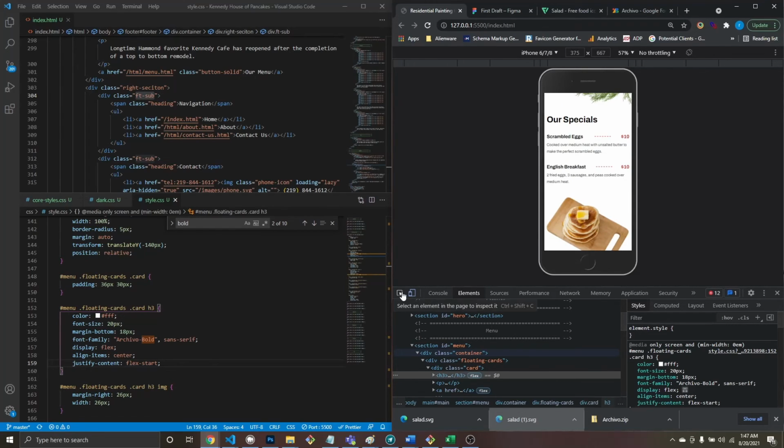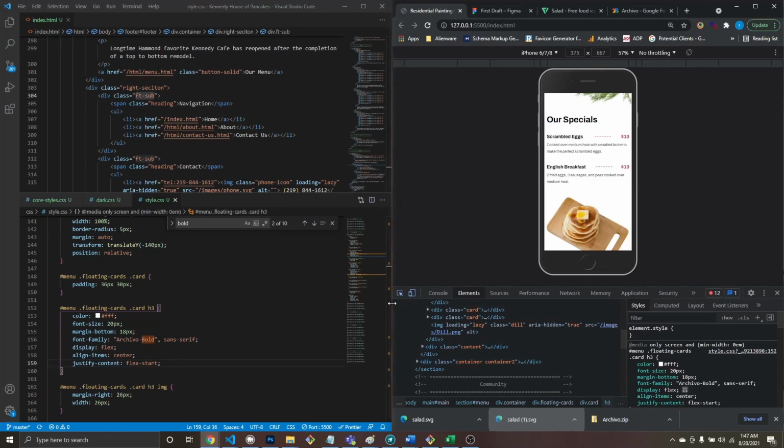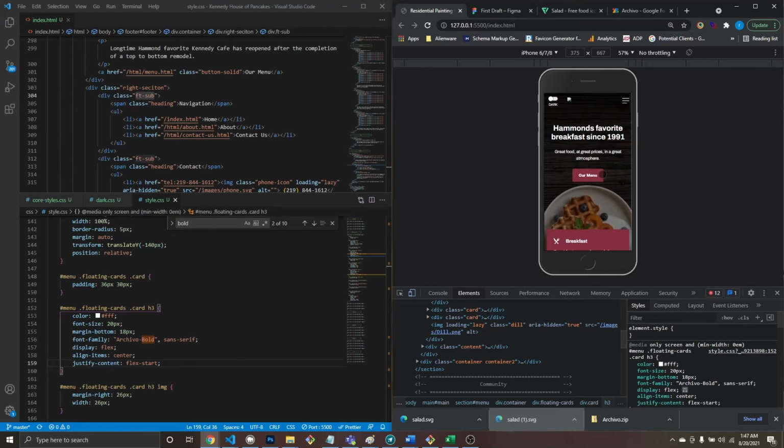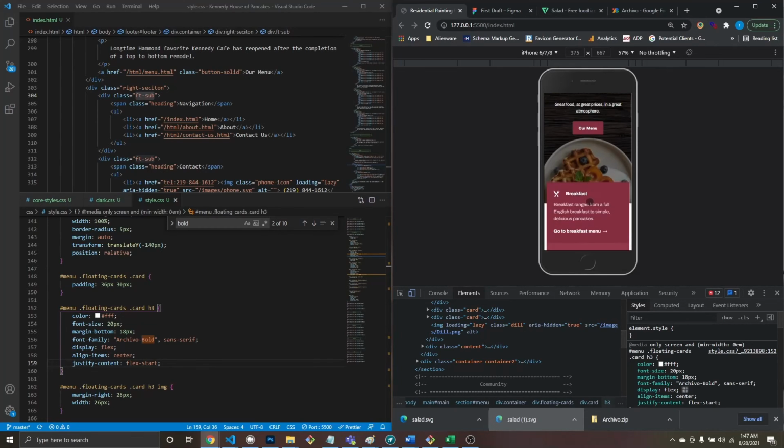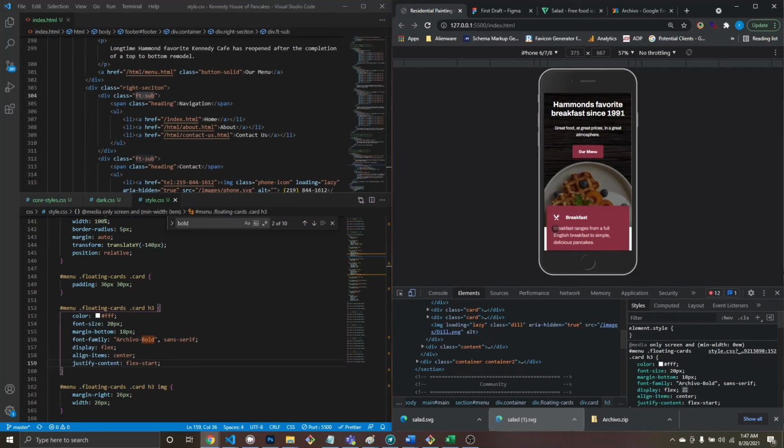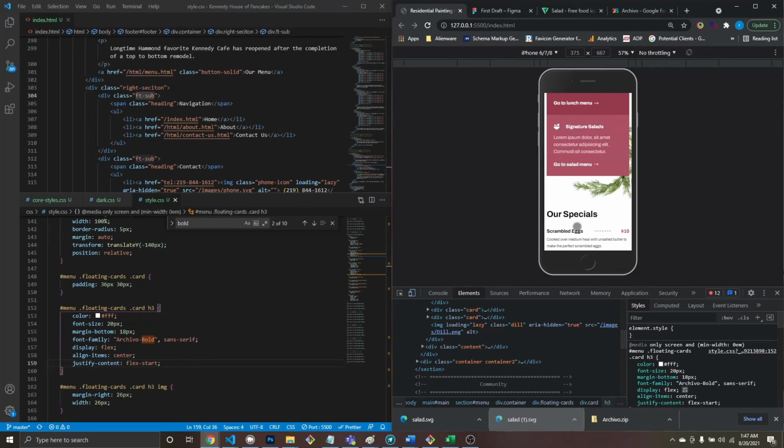Specials, the line can use some tweaking. But honestly, the line's going to have to be individually tweaked for whatever goes here. So I'm just going to ignore that. But I mean, this looks fine. I like that this is right above the food. What I can do, though, is